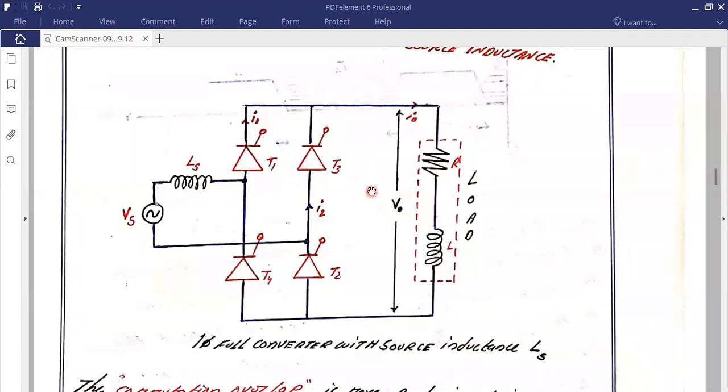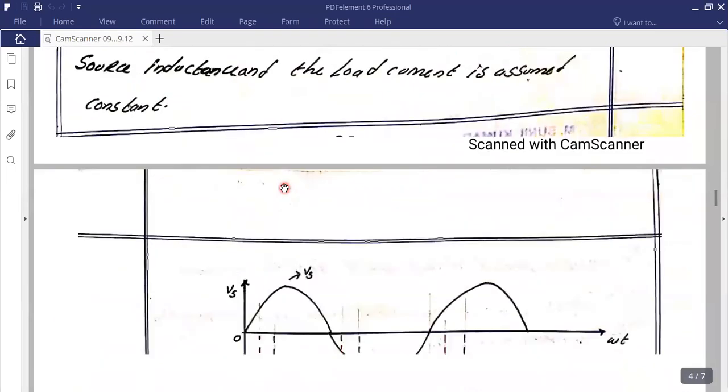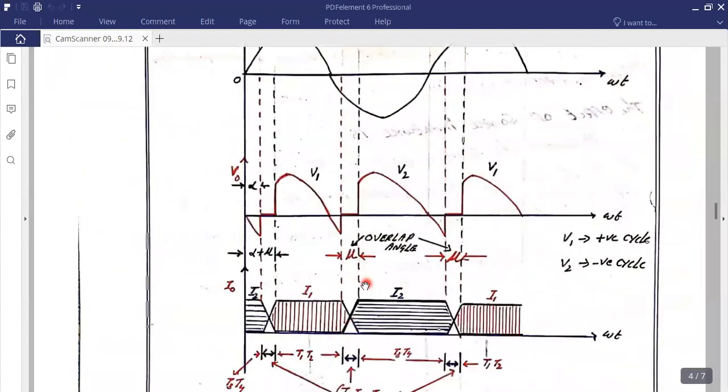So ultimately there is no effect of this inductance. There is no negative voltage in the case of an inductive load whenever a semi converter is considered. So mostly the effect is predominant in the full wave converter, where all the switching devices are SCRs. Okay, so here can you observe the change?